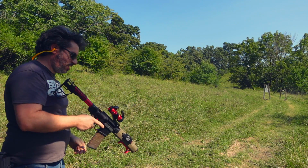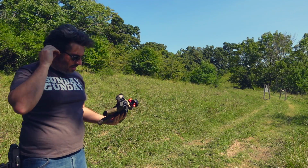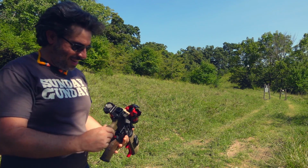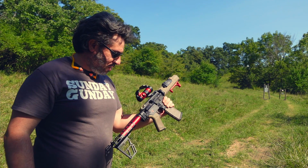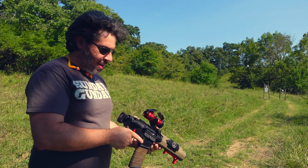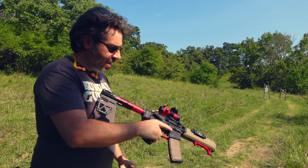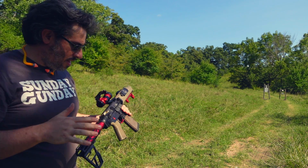Hate missing that last shot. But that's a Law Tactical clone. It's working just fine. I actually like it a lot. It deploys really easily, locks into place nicely. I don't seem to be having any issues whatsoever. The magazine locks back on the last round pretty easily, which, as you'll see in the next one, I think